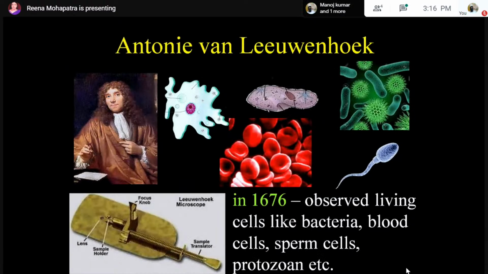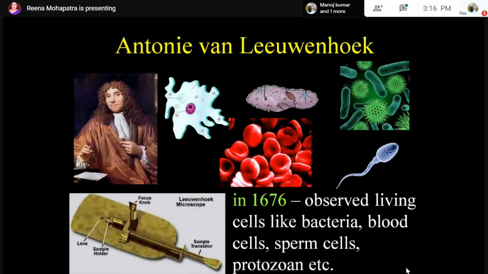In 1838 and 39, two scientists at two parts of the world independently were observing different types of plants and animals and their parts. And what did they observe? They observed that all the parts obtained from different types of plants and animals contained cells. So all are made up of cells.